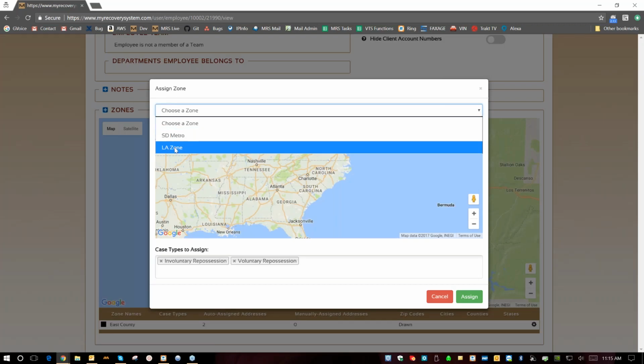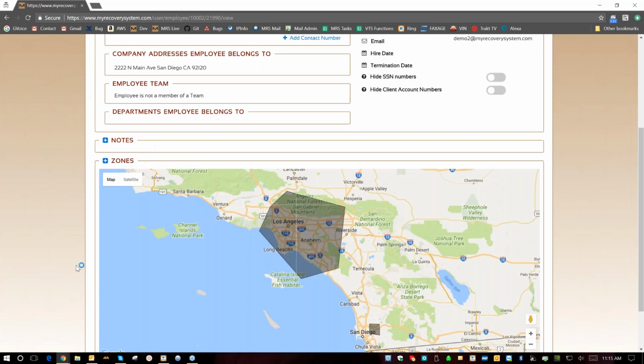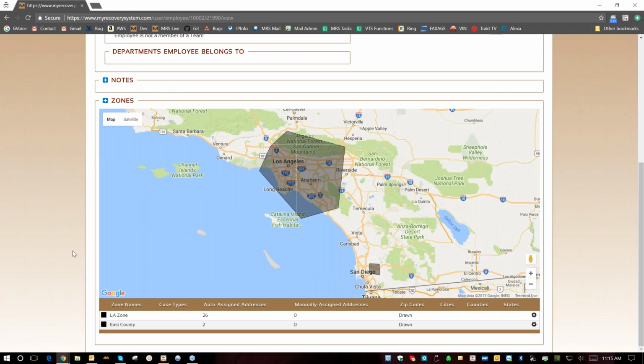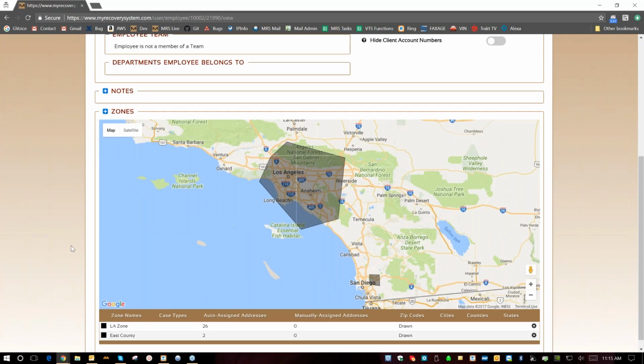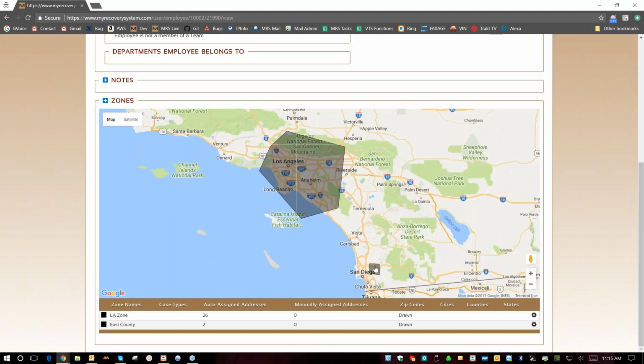Let's look at how many addresses are in the LA zone. This one has 26 valid addresses within 24 cases assigned to this field agent. I'm going to go ahead and say assign. And now you can see this guy is assigned to both of these. So you don't have to go into each one of those accounts and assign the addresses or the cases to your agents. The system's going to do it automatically. From now on, any addresses that are within this zone and within this zone are going to automatically be